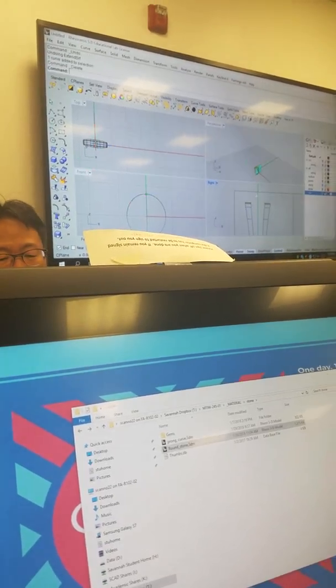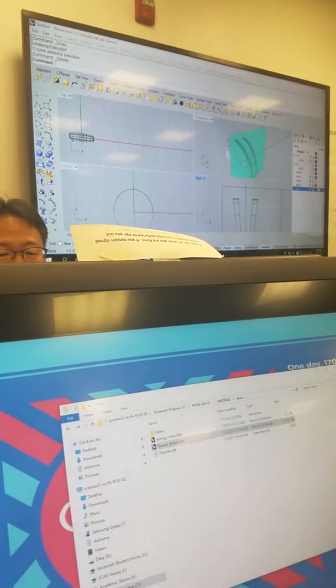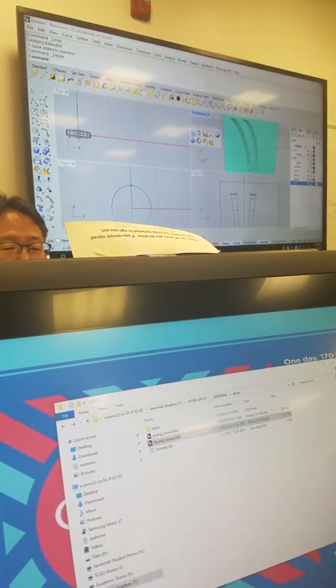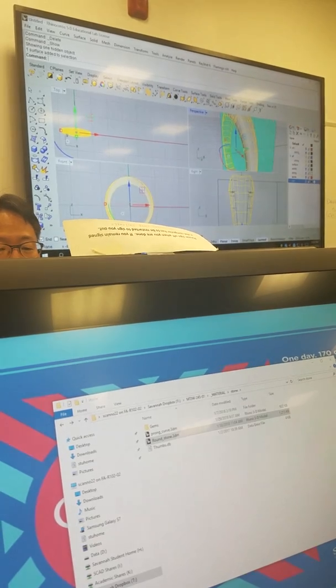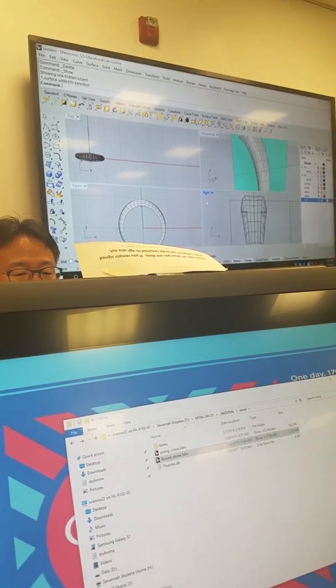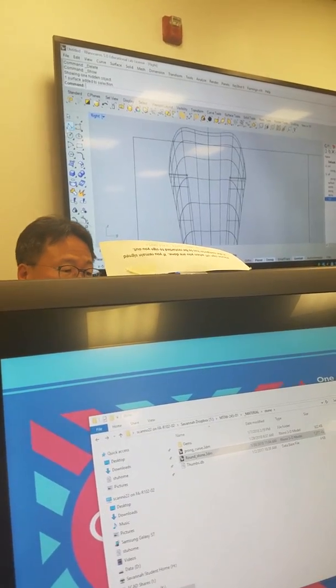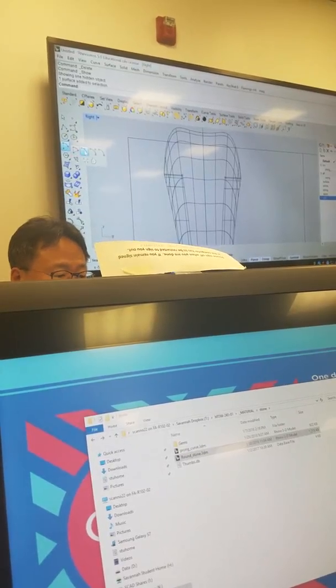Okay, so now I'm going to bring the outside shape as well. Right now I have only the inside one. So now this one is the outside shape. You can see when you look at the right, you cannot make this arc